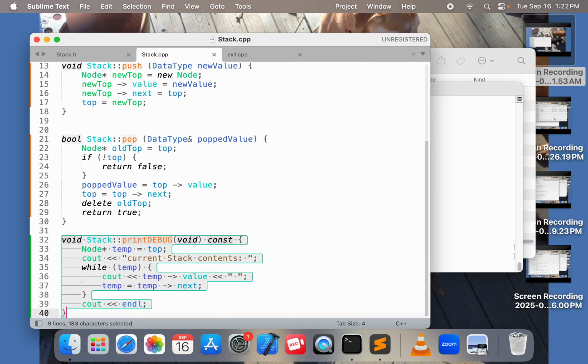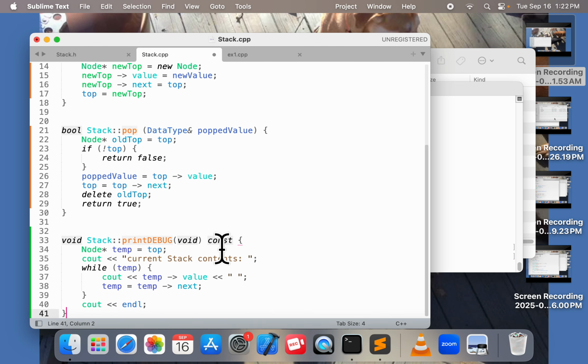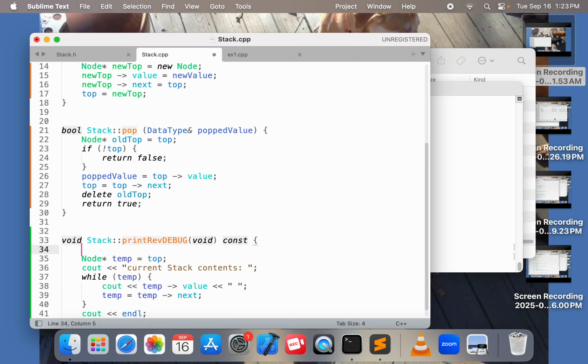So I'm going to copy that. Command C and Command V. Make a copy of it, but we'll need another one. Print reverse, or abbreviate, print rev debug. So this will print out the stack backwards. At least that's the plan. And it's easier to print out an array backwards than it is to print out a list backwards. So I'm going to optimistically put backwards here